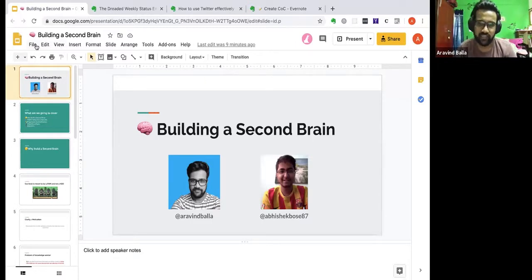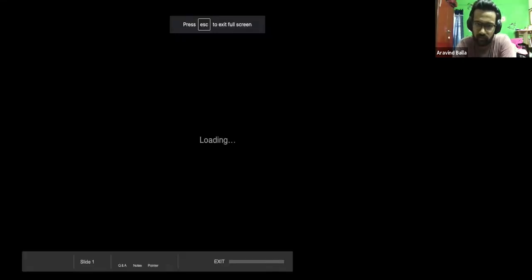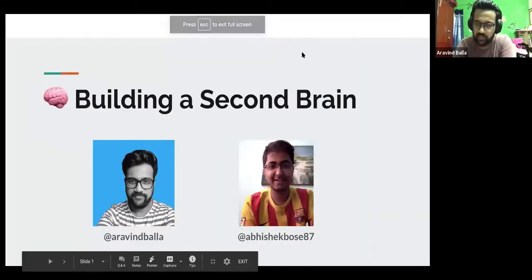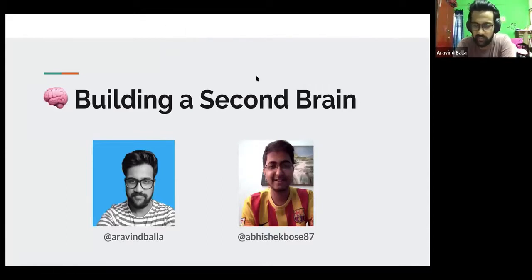I started out with Evernote and then switched to Notion and then went to Roam, which is roamresearch.com. It's in beta now, but they are charging a huge amount. So after that, I've switched to Bear app, which is Mac-only or iOS-only. So that is the history with note-taking apps.